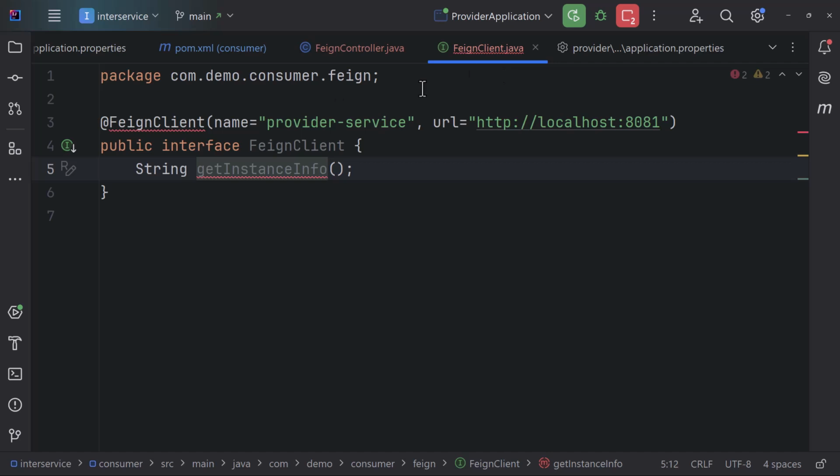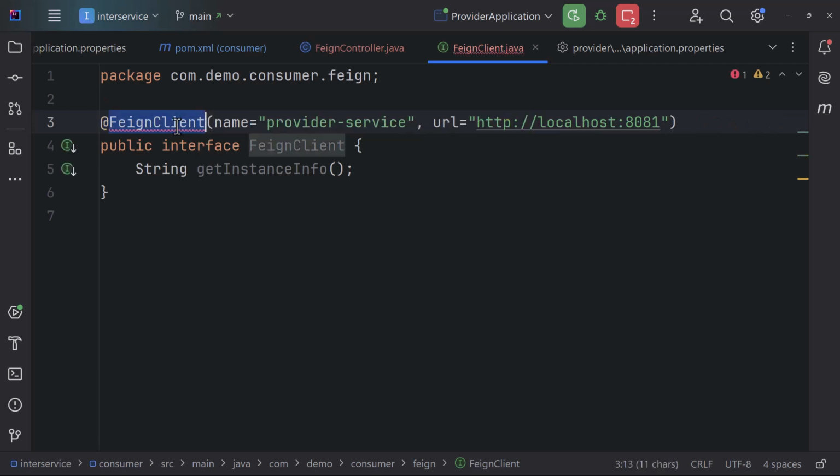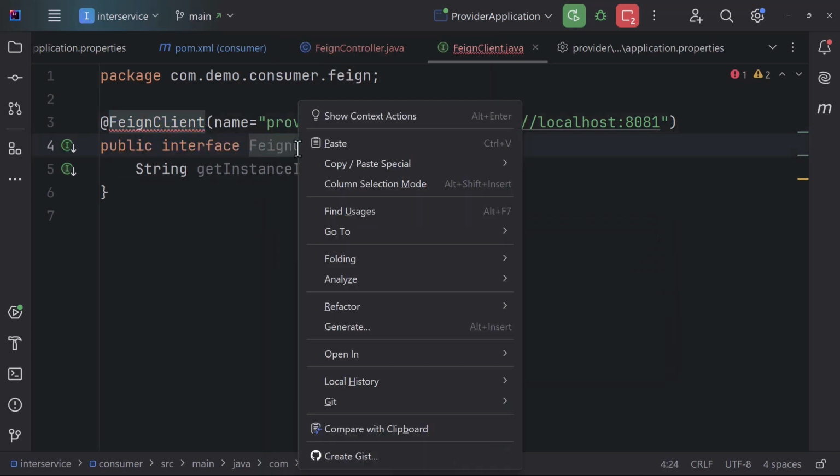Now this is not being identified over here. I need to get this imported from here, but it's getting imported this way. I'll tell you the problem. This is Feign client, and this class name is also Feign client. So there is a conflict over here. I'll just rename this class, or sorry, not class, this is the interface. So it's considering this as the interface. So I'll just